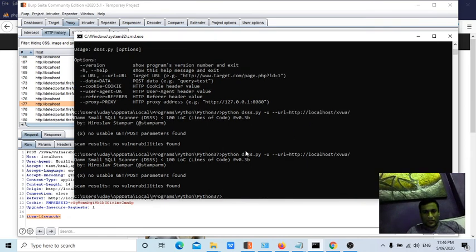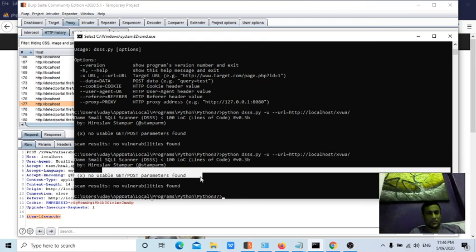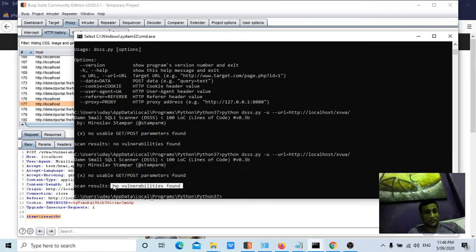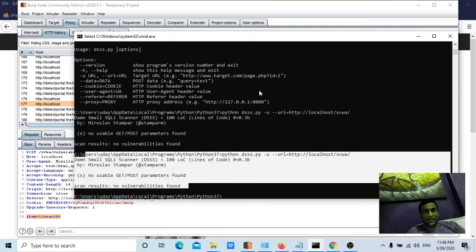Okay, so sometimes if you are confused about a particular page, guys, there are some chances you can directly run it. If it is vulnerable to SQL injection, then it will also show the payload. So if it is showing no vulnerabilities found, that does not mean you should think that this application is not vulnerable. In my next video I will be showing you my favorite, SQLMap. It will find it at any cost, guys.